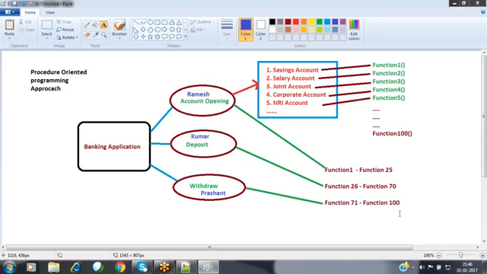And the second drawback is, each and every function can be accessed by all the other users inside this application. We cannot restrict that only these functions can be accessed by user 1, only these functions by user 2, only these functions by user 3. We cannot define that functionality here. Such restrictions are not available in procedure-oriented programming. The people identified these drawbacks, and to avoid them, they divided the whole functionality into various individual units.